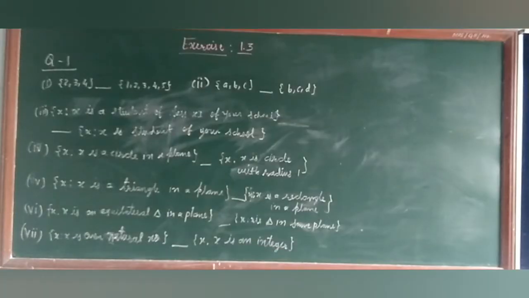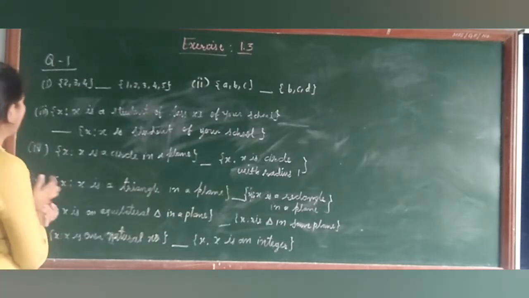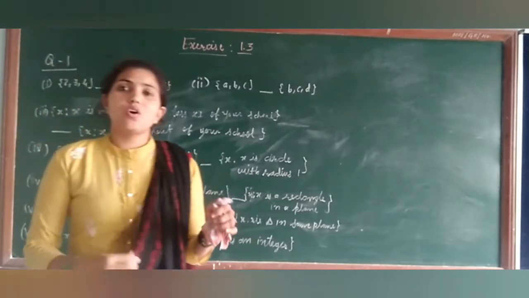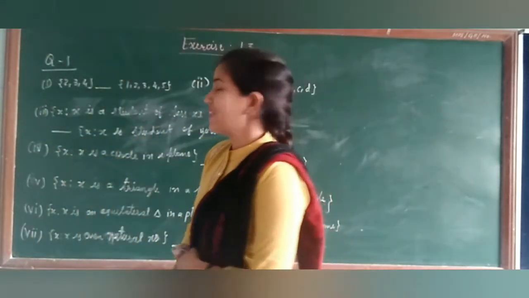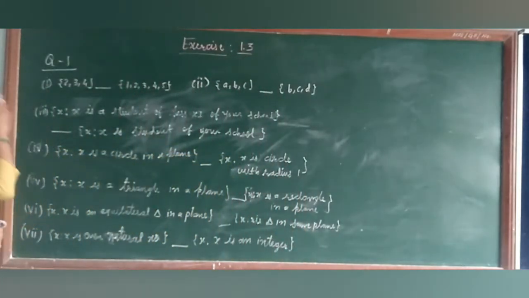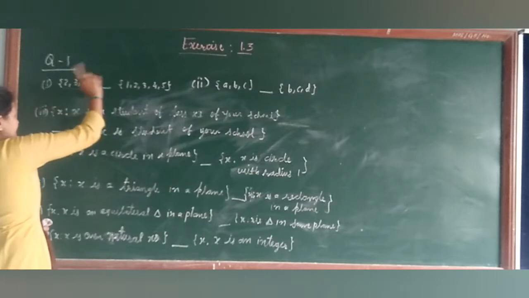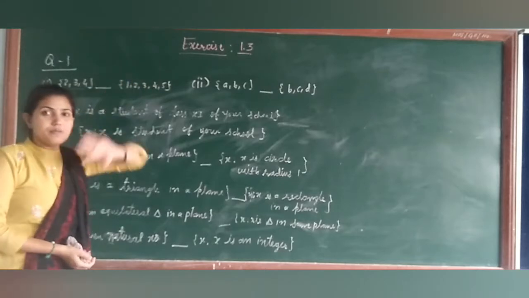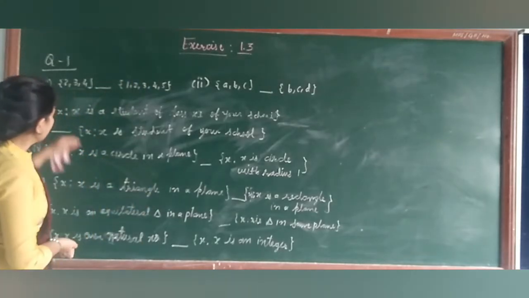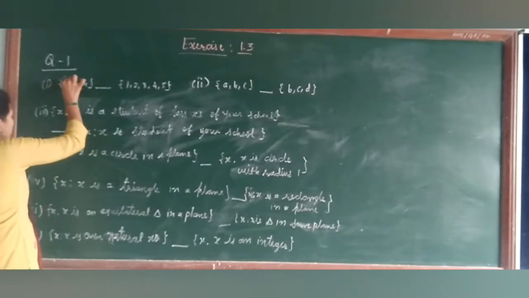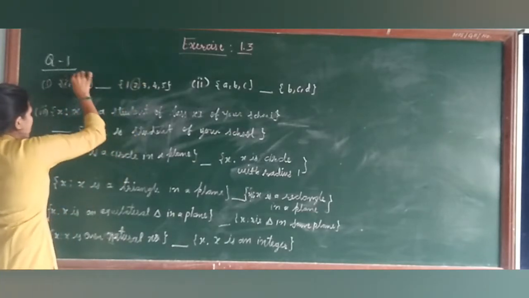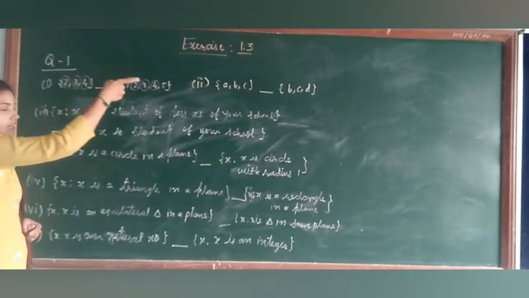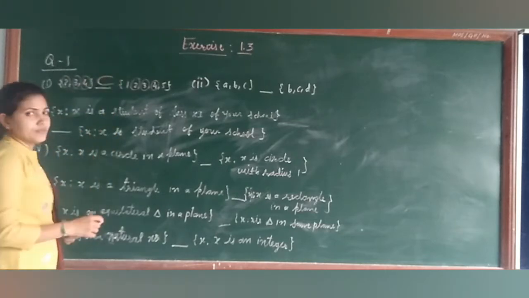स्टूडेंट्स, नाउ द क्वेश्चन नंबर 1 ऑफ द एक्सरसाइज, दैट इज just fill the blank with the symbols subset or not subset. Now students, when can we say the subset of a set? When all the elements of set B are in set A, then B is called the subset of A. So here you can see 2, 3 and 4. So 2 here, it is here also, 3, 3, 4 and 4. So all the elements of this set are in this set, therefore it is subset, right?